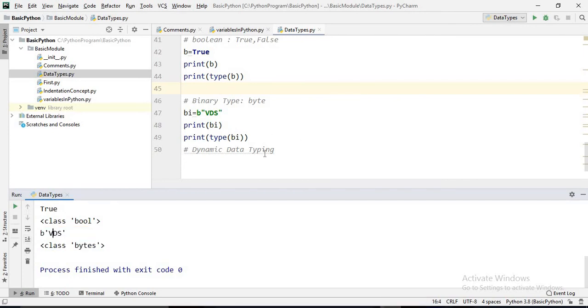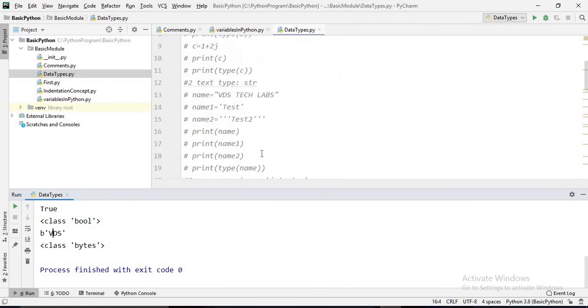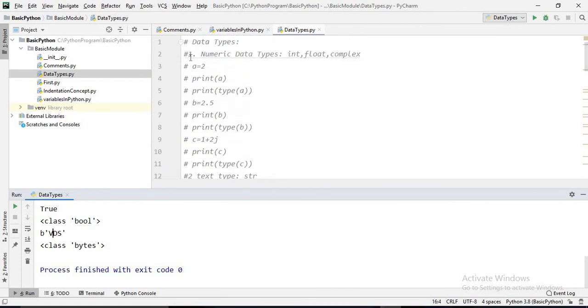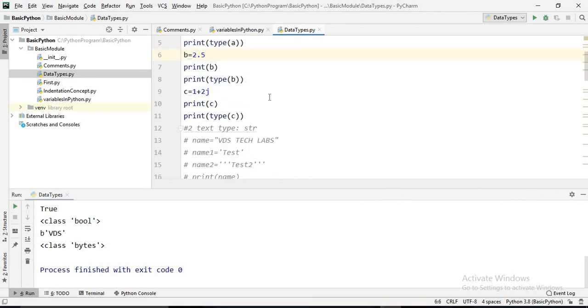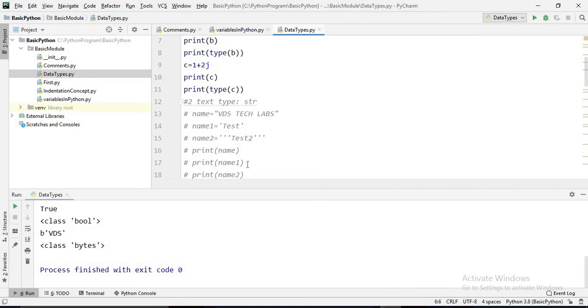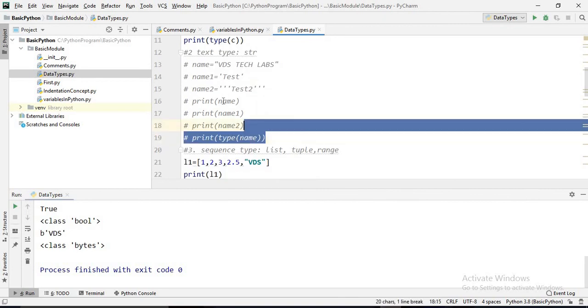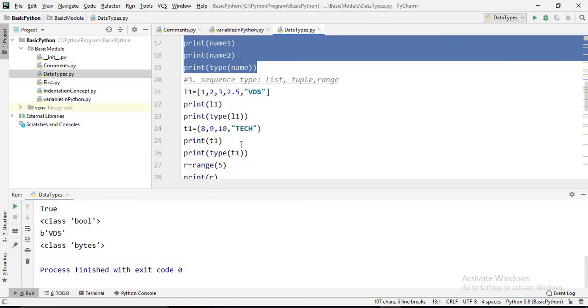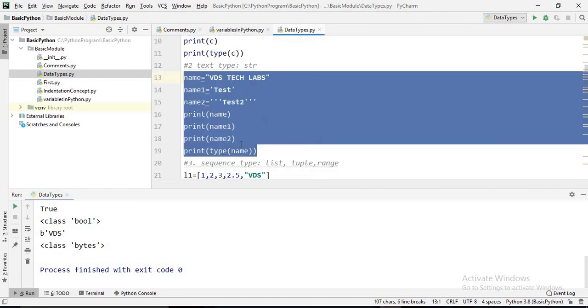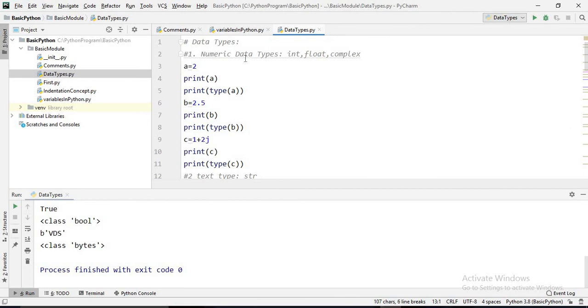Now, so far we have discussed numeric data types. These are the numeric data types, and if we uncomment this one with Ctrl plus /, this will show you. And the text type we can represent with Ctrl /. So far we have discussed numeric data types, that is int, float and complex.